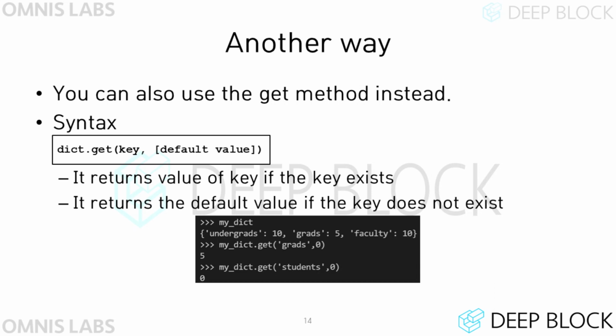In addition to conditional statements, we can modify the function by utilizing the get method of the dictionary. The get method receives a key and a default value as arguments, and if the key argument value does not exist in the dictionary, this function returns the default value given as an argument. For example, as shown in the slide, if the key value students does not exist in the dictionary myDict, the code myDict.get(student, 0) returns 0.